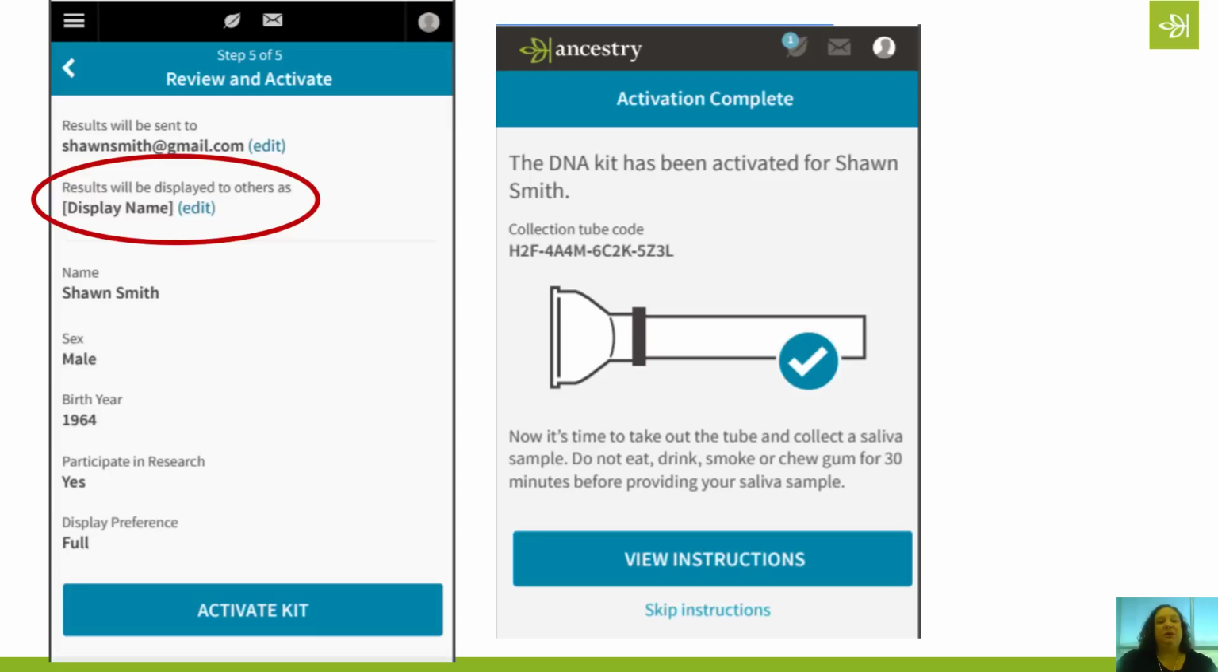Some people choose to display their full real name. Some people choose to display a username that makes them a little bit more anonymous. Some people choose to display just their initials. Again, you have the control over how you want to appear, by what name you want to appear to your matches. Once you have clicked then Activate Kit down there at the bottom of that screen,